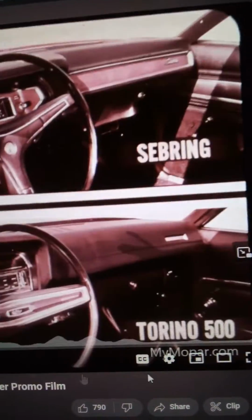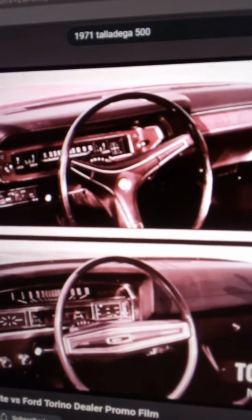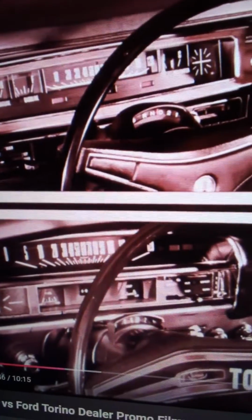Taillights are more vulnerable. Sebring's instrument panel, and how plain the Torino 500 panel looks by comparison. Sebring's cluster design is superior because it groups all instruments and controls within the cluster. On Torino, headlight and wiper controls and the rate...